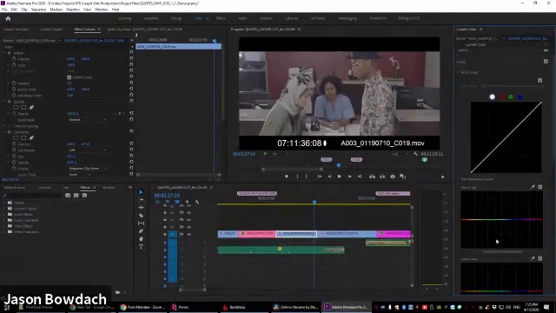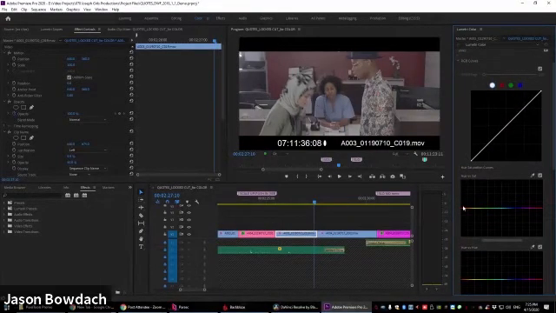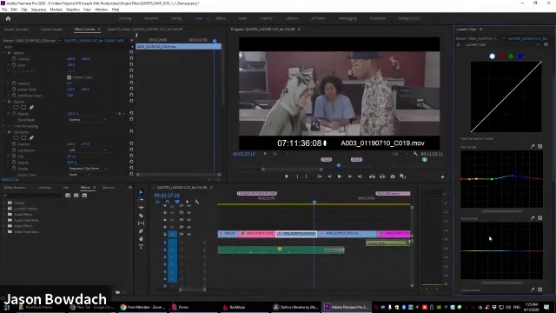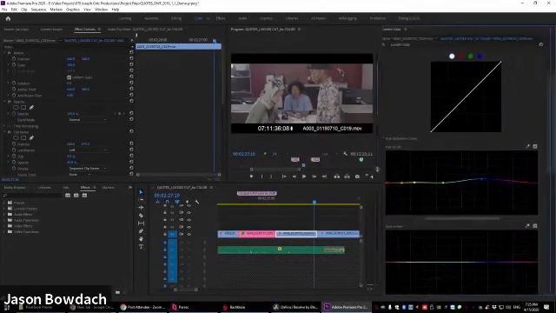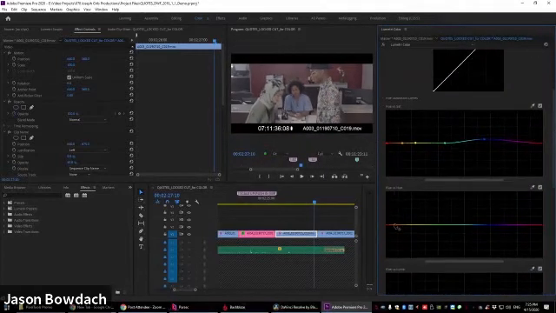Cursed. Okay, so for instance, it works in the exact same way. I highly recommend you put a couple things here, but look what happens when I go up and down. In Resolve, it might be a little difficult to understand, like what color am I shifting it to? What am I doing to this? Well, it's really easy to see, oh, I'm making this more yellow. I'm making this less yellow. Same thing over here. I'm making this more blue. I'm making this less blue. If I make this really big over here so you guys can see, same thing with hue versus hue. It's just a very intuitive process.